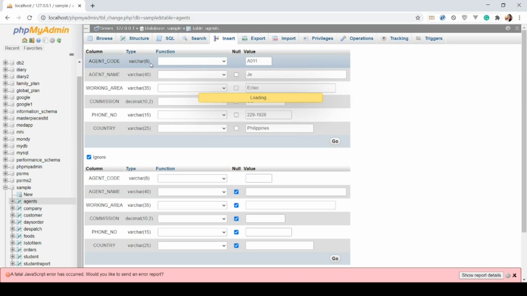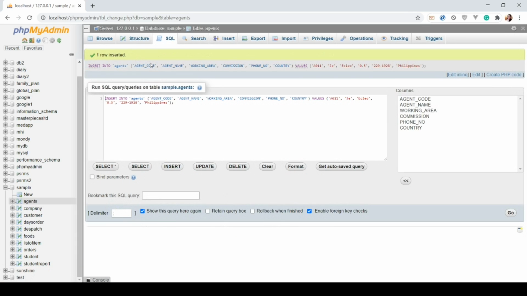Meaning upon inserting a specific record, you don't need to create a specific code for that record, because for example the last data that was inserted is 10, and if you want to add another data, the auto increment will serve as a counter, so you can add another record to that entity.